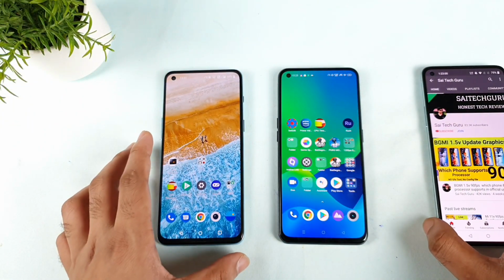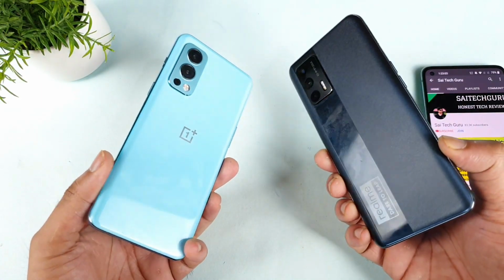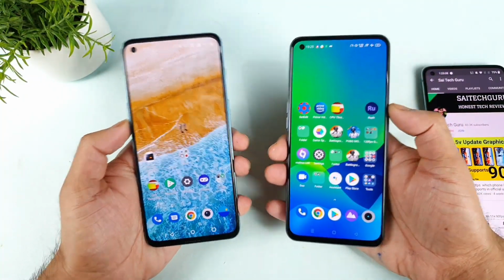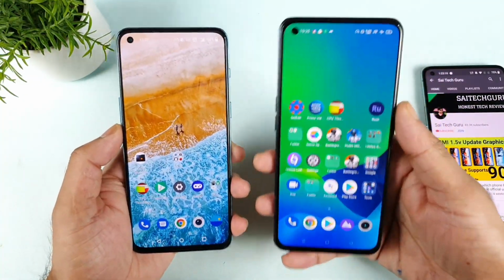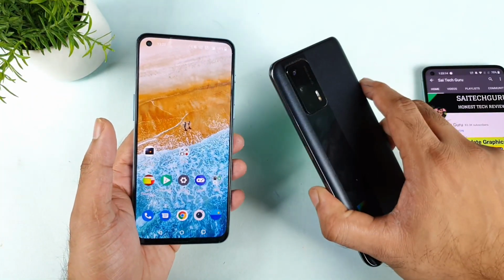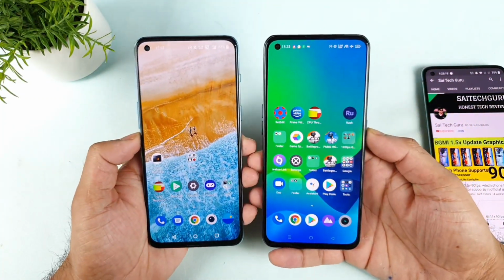In today's video, to compare the touch sampling rate between the OnePlus Nord 2 versus the Realme X1 Max device. This is a question which has been requested by plenty of my subscribers asking me to compare, and this is a test which I'm trying to do after the recent software update from the OnePlus Nord 2. Even the Realme X1 Max also received the software update I think few weeks back. So let's see what is the default we are getting and what the company is claiming.